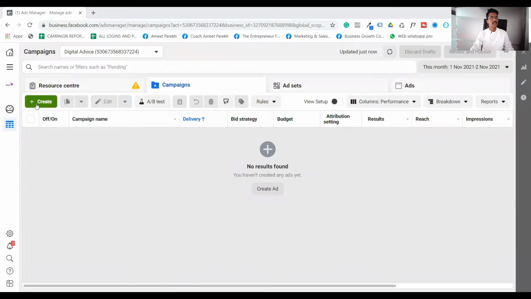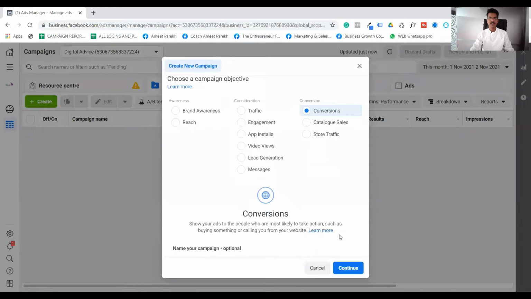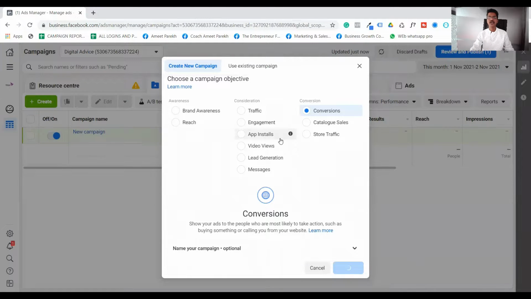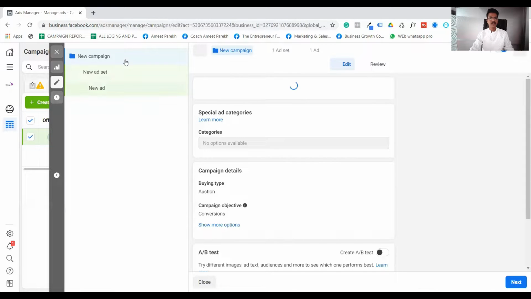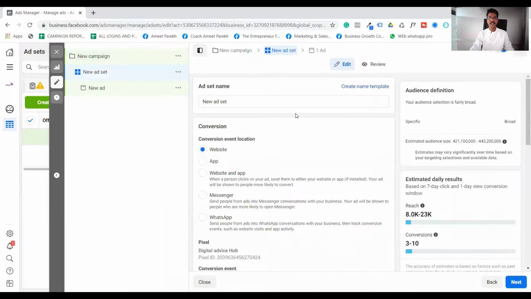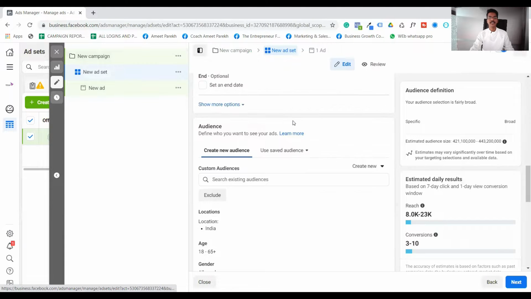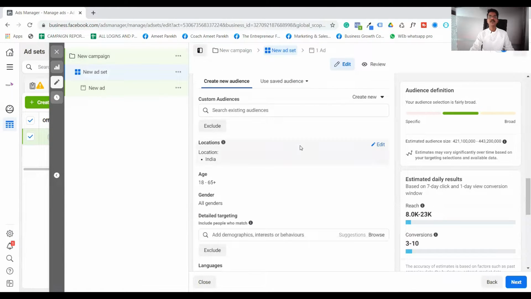Now I'll quickly go into the Ads Manager account. This is my example account, and I'm going to quickly create a campaign by clicking on the green button, and I'm choosing the same conversion objective that we choose most of the time. Let's go ahead, and I'm going into the ad set level. I'm not going to create a full campaign, just the ad set level, and when I scroll down I find the location target. Here we are setting up the locations.